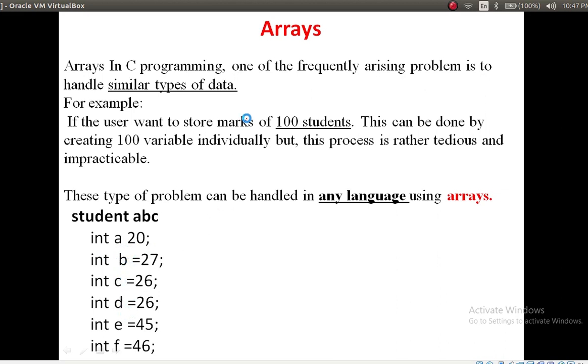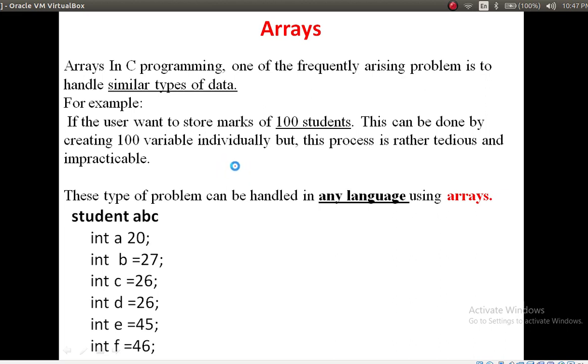Assume the user wants to store the marks of 100 students. This can be done by creating 100 variables individually, but this process is rather tedious and impractical. These types of problems can be handled in any language using arrays.